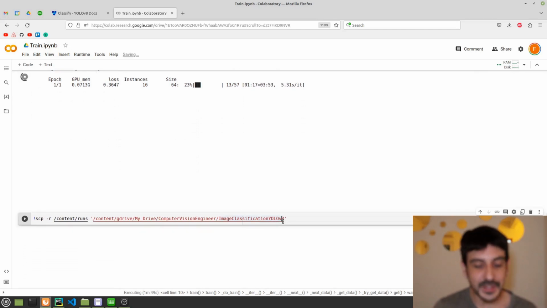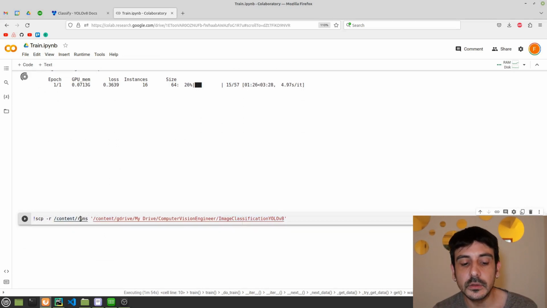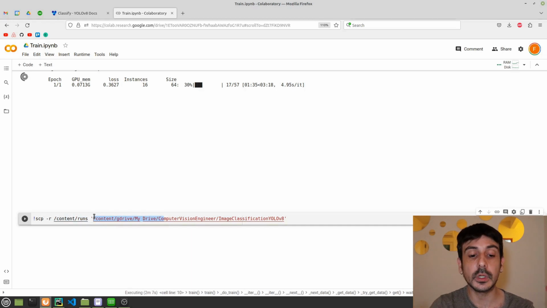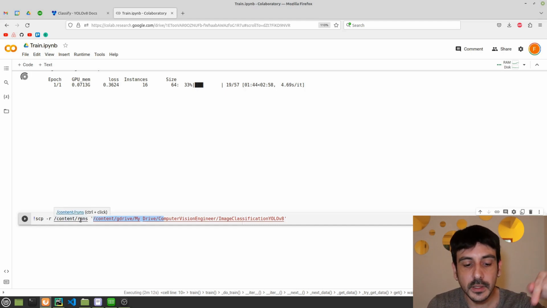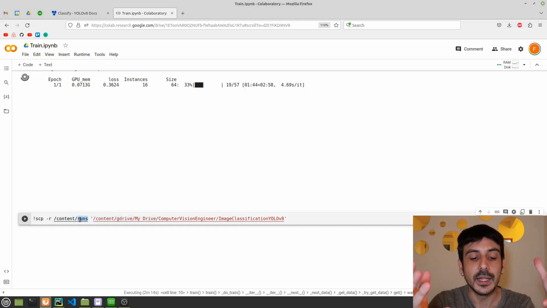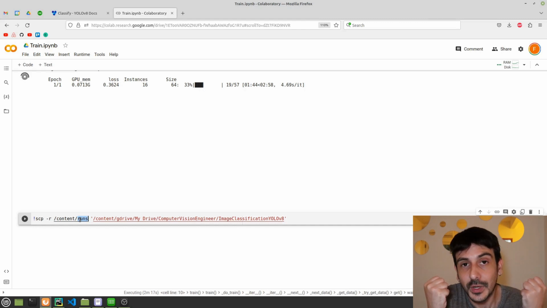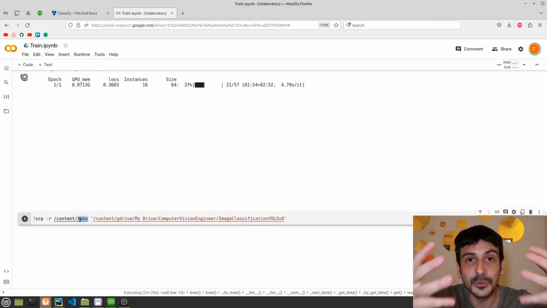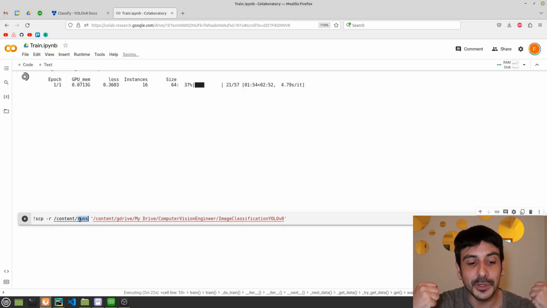Once everything is completed, the only thing you need to do is to run this cell. So you are going to copy all your results which were saved on this directory. You're going to copy everything to your Google Drive, right? Because remember, you are working on a Google Colab, you're working on an environment which is your Google Colab environment. If you don't do something like this, it's going to be super hard for you to get the data you have just trained, right? To get your results, to get your model, your weights. It's going to be super hard because everything is located in your Google Colab environment.